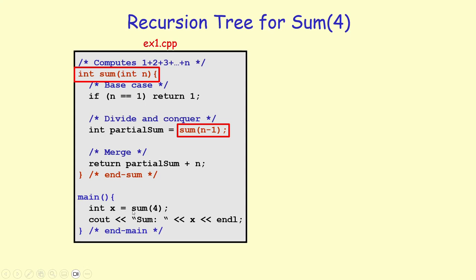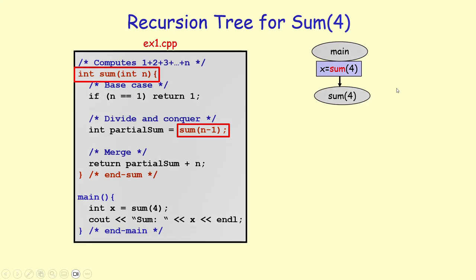We are basically making a call to function sum with a parameter of 4, which indicates the size of our problem. So here is what we are doing. We're saying x is equal to sum 4. When we make a call to this function, the control is going to jump from here to the first statement in sum, passing n, which is 4, as an argument to this function.